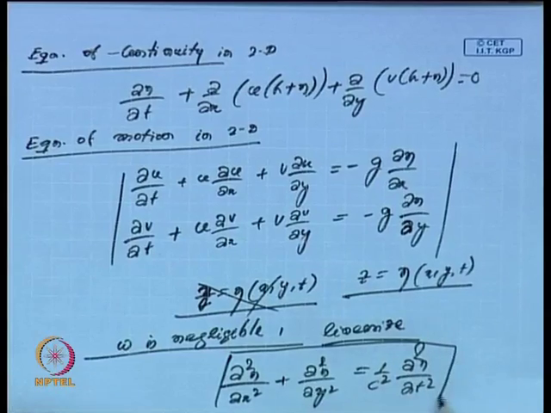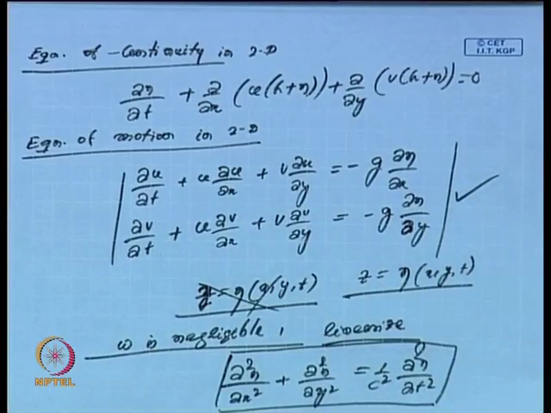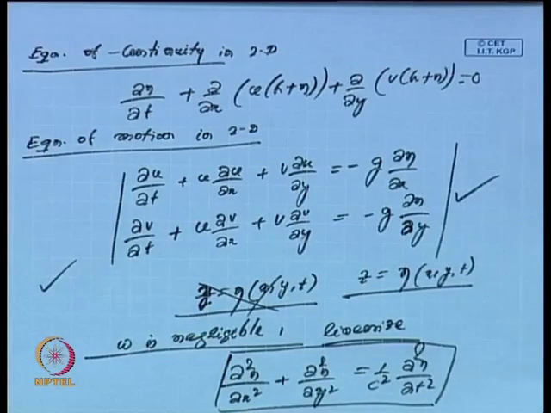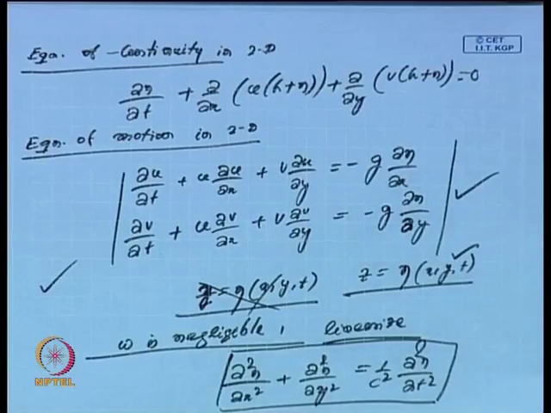In fact, this is another simple result I would like to mention here. Although initially I told that this can be easily proved, I think a little hint will help you to arrive at this, and it is very easy, just like the one-dimensional case. As I have mentioned, for a two-dimensional fluid domain we have a one-dimensional wave equation, whereas for a three-dimensional fluid domain we have a two-dimensional wave equation, where eta is a function of x, y and t.